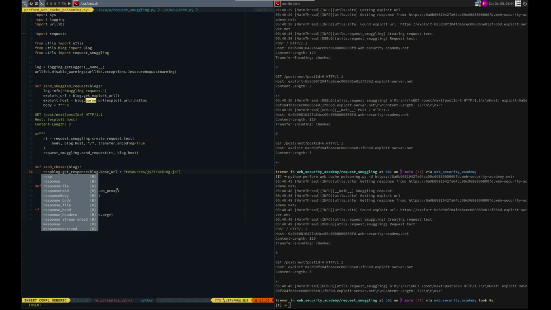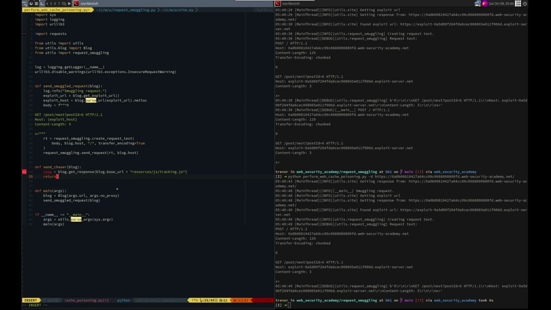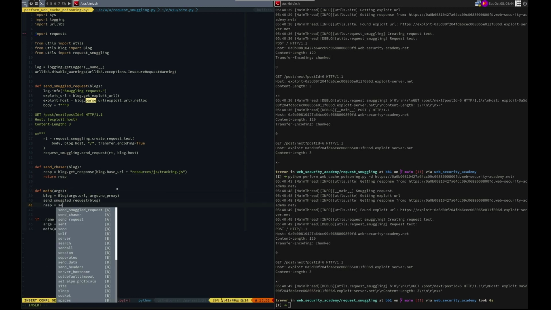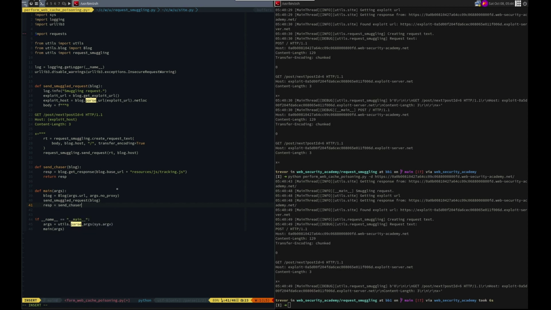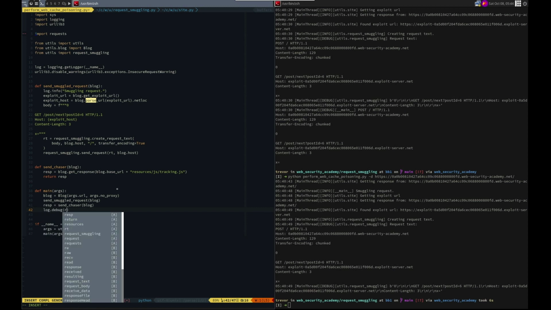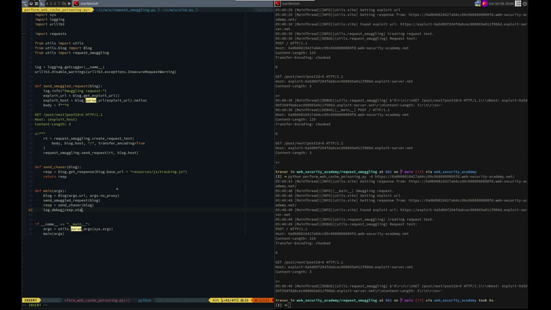So I can just do response equals and then return response. Let me do response equals send chaser blog, debug status dot headers. I want to see the headers, and let's do the same we did in Burp. Let's send this twice. Log.info sending chaser,